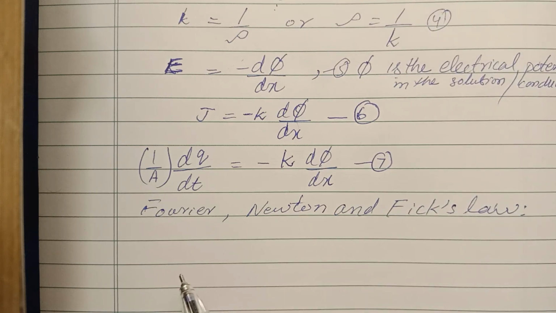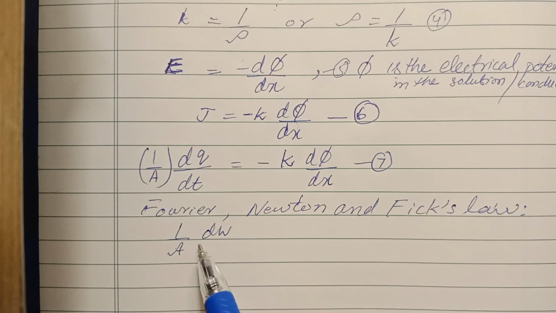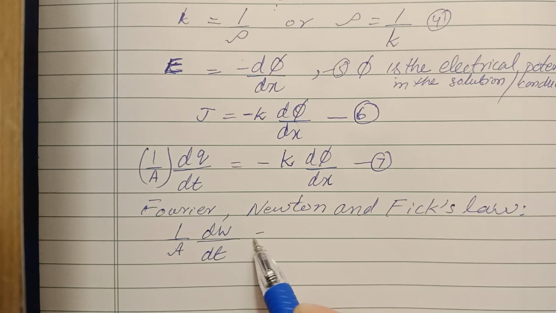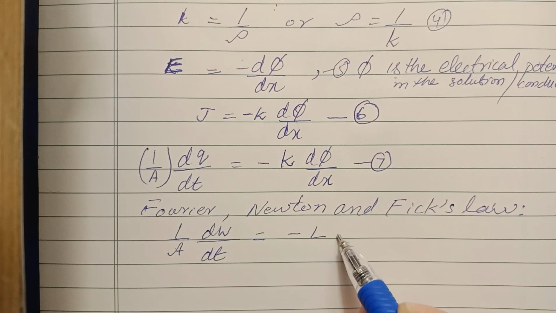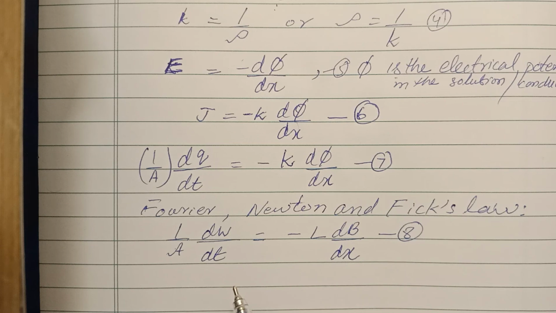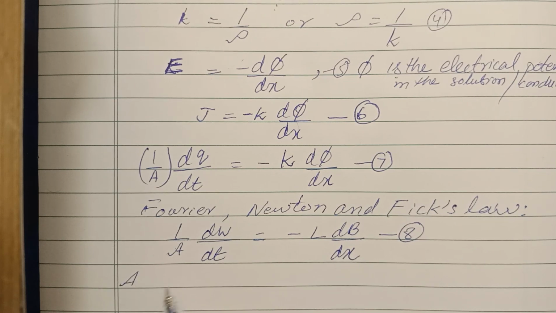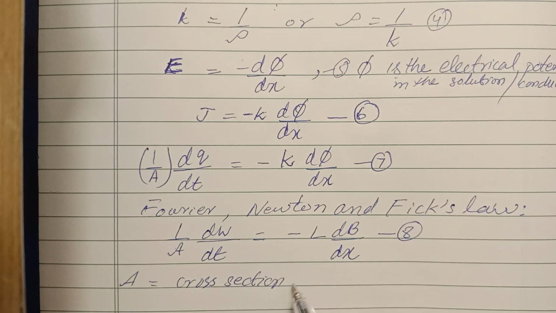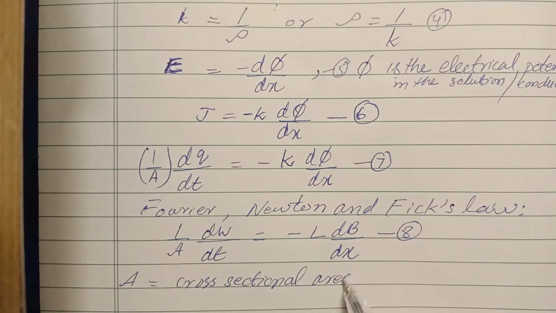So here we can write the generalized form of the equation, where 1 over A is the cross-sectional area. So this one is equation 8. So here A is the cross-sectional area,